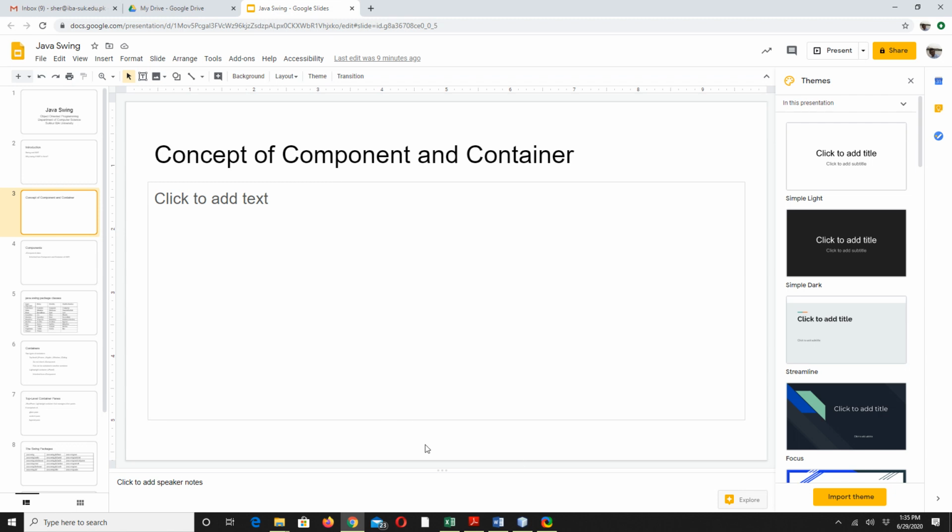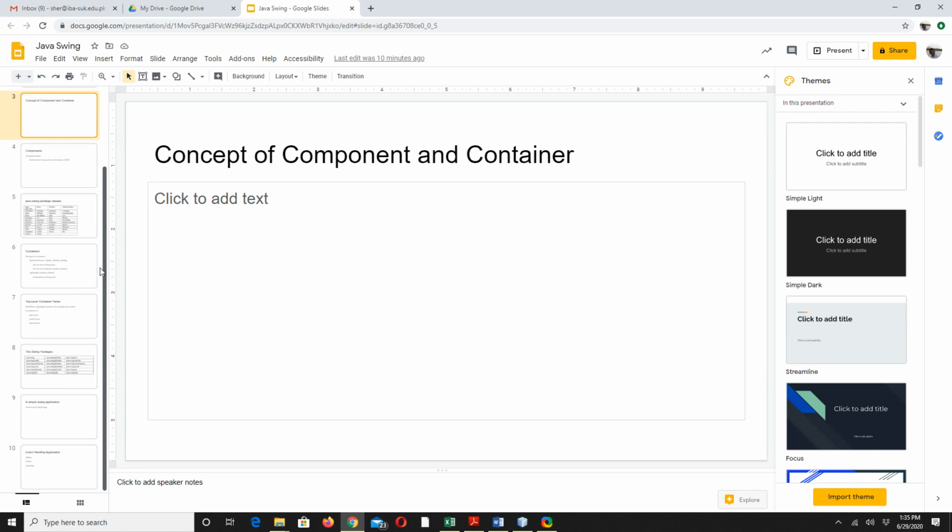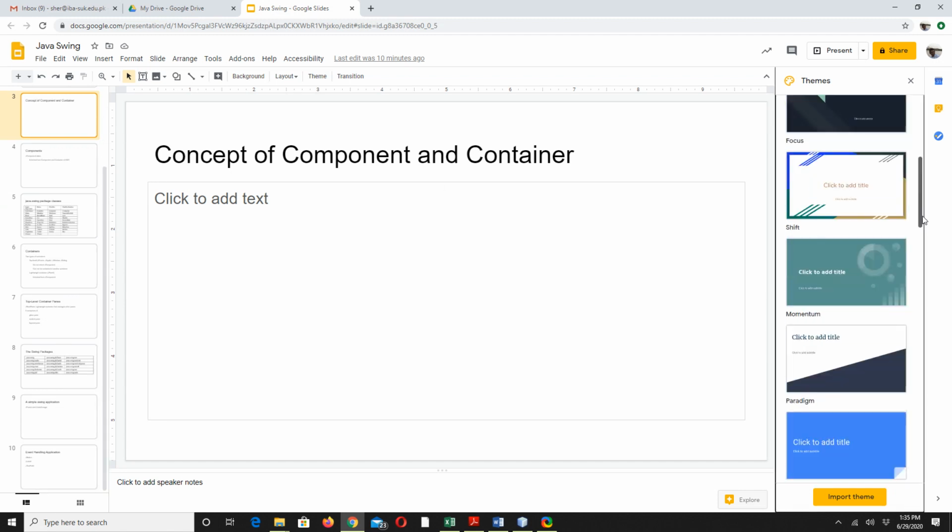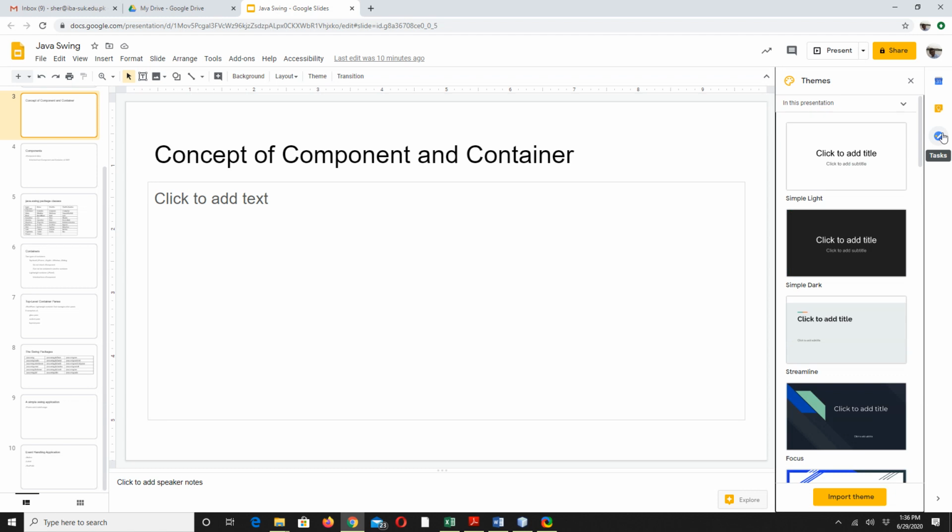For example, in this screen, this whole window is a container, and in this container you have this menu component, you have this button component, you have another button component, right? You have this text area as a component, right? And then this scroll bar as a component, another scroll bar as a component, right? These buttons as components. So this whole window is a container in which we have multiple components, right?